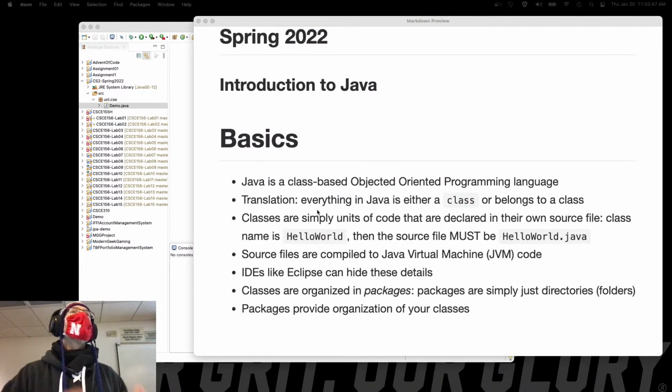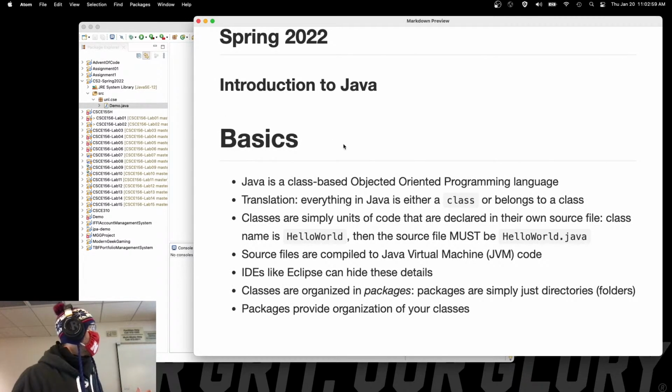To implement those three basic programs, we're going to have to understand the basics of Java, because that's what we're going to be doing them in. Just to review from last time, Java is a class-based, object-oriented programming language. What that means as far as we're concerned is that everything in Java either is a class or belongs to a class. If you're coming from, say, a Python or a C background, where you can create a function that exists in and of itself,